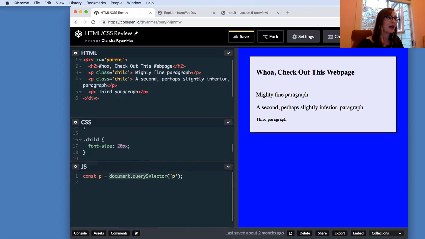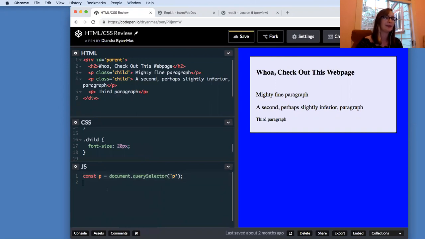So in this case, I've used a method here to actually find the first paragraph on my page, and I've stored it into a variable called p. So here's a little preview of our JavaScript review that's to come. Can anyone tell me, based on just what I just described and what you know, does this line of code have any side effects? Anyone remember this annoying side effect thing? And don't just give me a yes or no. Tell me, if you say yes, what side effect does this have? So if you think this line of code has any side effects,